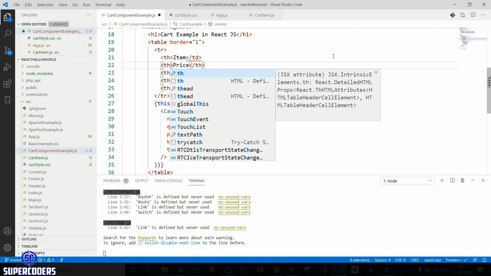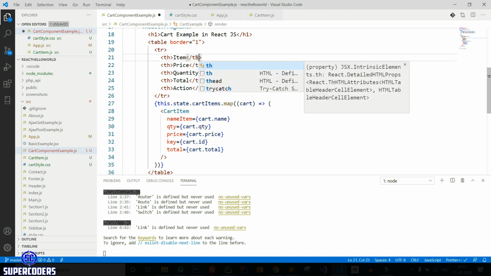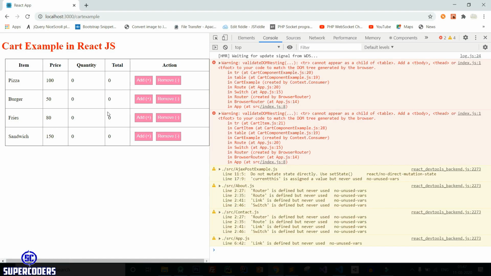So you can select every td using Alt J if you installed the IntelliJ IDE shortcut, or if you didn't, you can use Ctrl D to select every item. Now you can see I changed every th. Save it. Now it looks better.